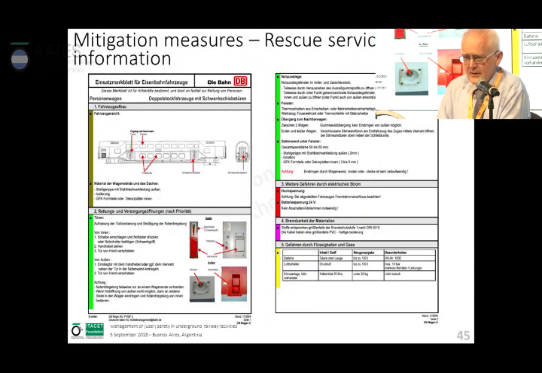Which is important as well is that the rescue forces are informed, so the fireman must know where you can enter a vehicle, where you can interfere with the door opening mechanisms, where you can interfere with the emergency brakes and so on, where to access the trains, where are emergency openings.